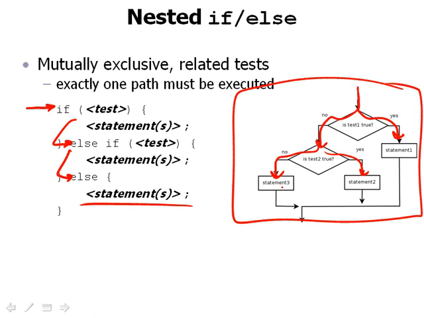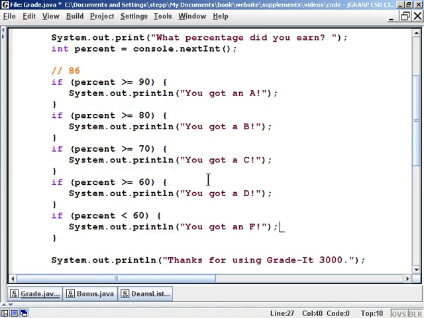But you'll notice from the diagram, it always executes exactly one of the 3 statement blocks, never more than one, and it's never going to skip all of them. So actually, that's the pattern of code that we would really like to use in this program, this grade program